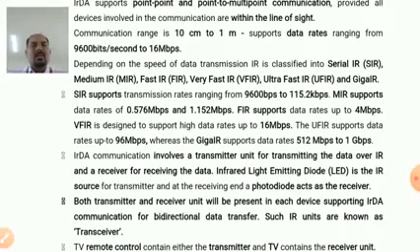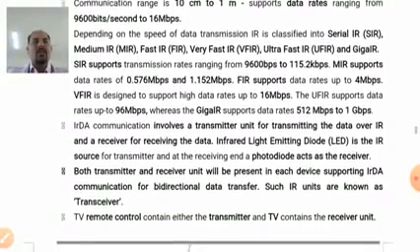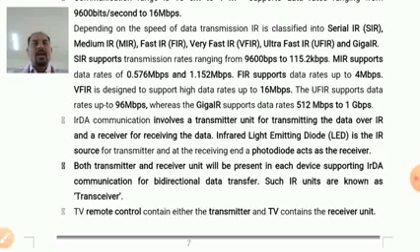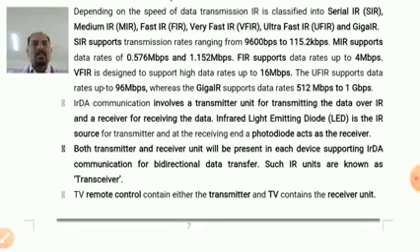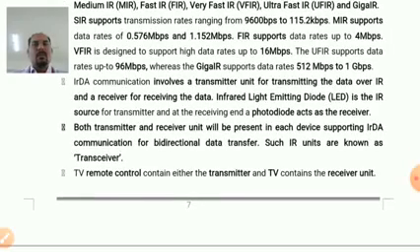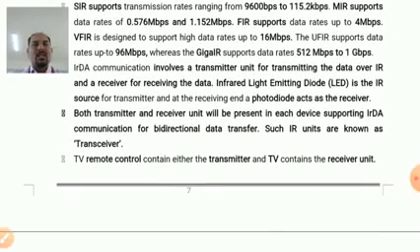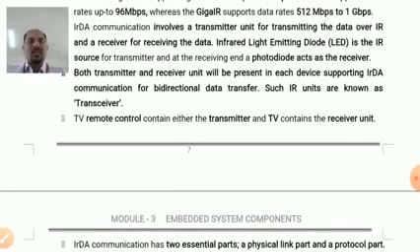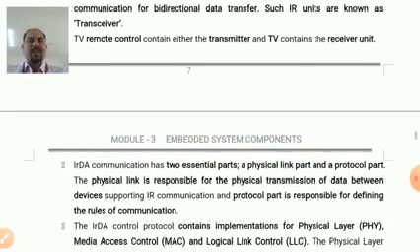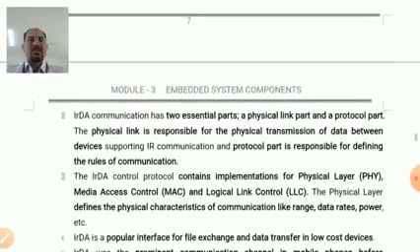second. This type of communication interface involves a transmitter unit for transmitting and a receiver unit for receiving. For example, the LED in the infrared acts as a source and the photodiode acts as a receiver. If both transmitter and receiver are present in a device, then it is called a transceiver, whereas our TV is unidirectional, in the sense that the remote control contains the transmitter and the TV contains the receiver in it.